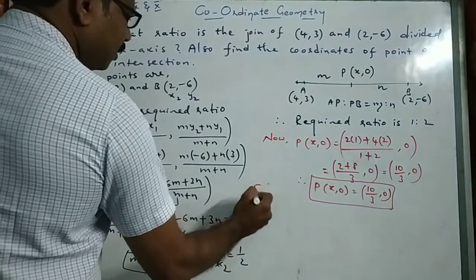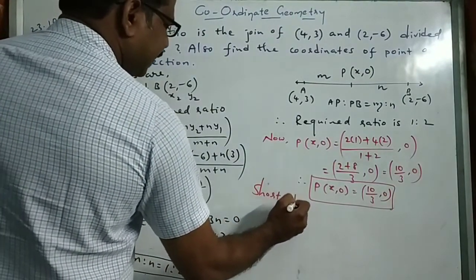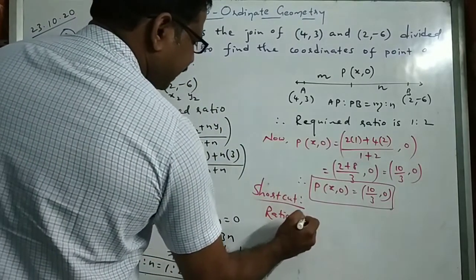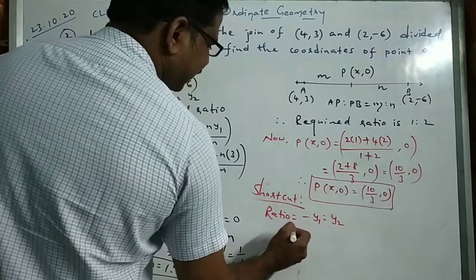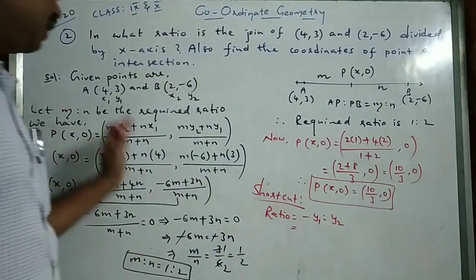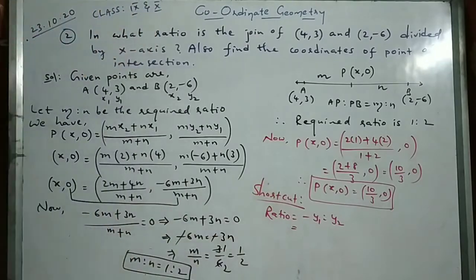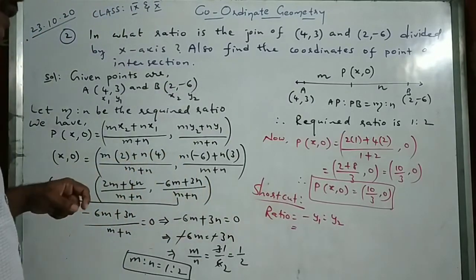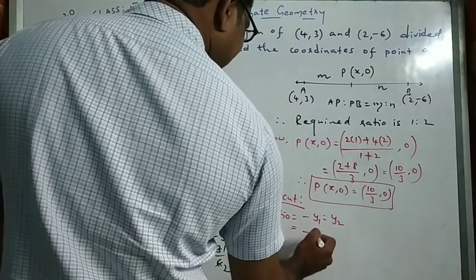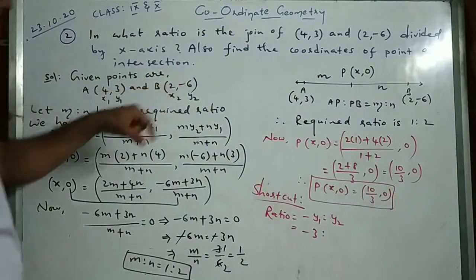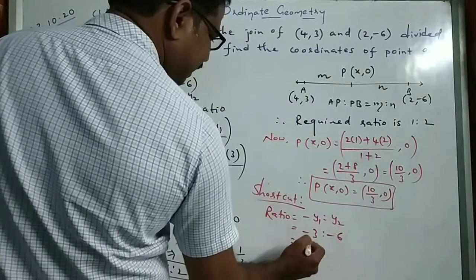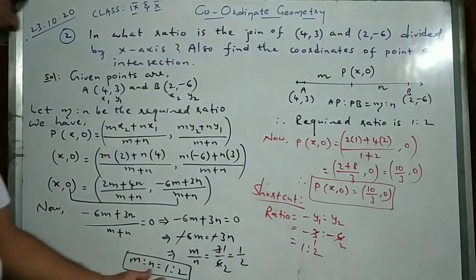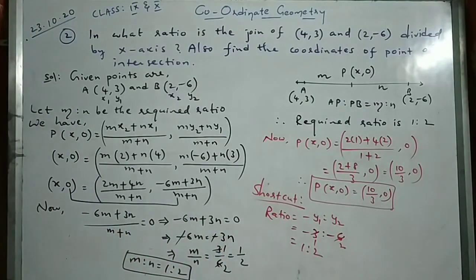Okay. So I just told you one shortcut trick here. Since it is divided by the x-axis, I can take minus y1 is to y2. Directly you can get the answer. But you cannot use it for objective type. We can use this concept. Since it is the x-axis, what is my shortcut here? Minus y1 is to y2. What is y1 here? 3. Here the y1 value is 3, the y2 value is how much? Minus 6. So minus minus cancel, 3 ones are 3, 3 twos are 6. So the ratio is 1 is to 2. Is that right? See here. So this is the end of the solution.